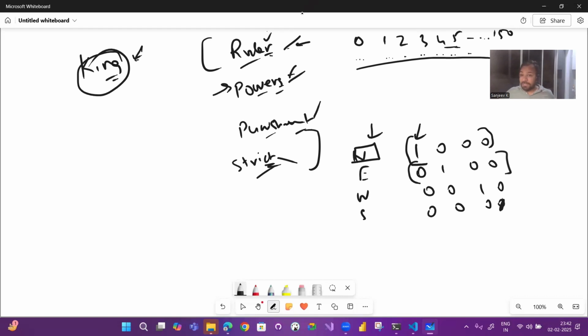The machine can identify that they are different, but probably the machine doesn't know what a ruler is. But it can understand, if I speak about ruler, what attributes a ruler would have, or what attributes power or punishment would have. It can relate all of that and store it in the form of embeddings. And these embeddings would be used by the large language model to understand if two chunks are similar. Now I'm going to prepare an embedding for the complete chunk.